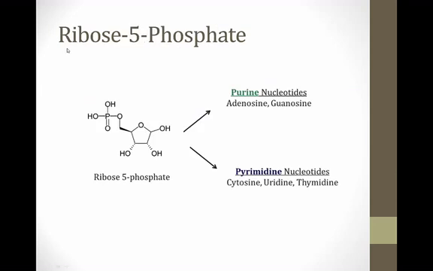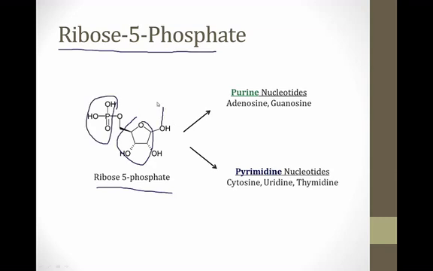Let's discuss the important products of this pathway for cells. The first one is the molecule ribose 5-phosphate. This is a picture of ribose 5-phosphate on the screen, and you can see that it almost looks like a nucleotide. We have a sugar and we have a phosphate group. All we're missing is a base right here. So if we add a base to this molecule, we would have either a purine like adenosine or guanosine, or we could synthesize a pyrimidine like cytosine, uridine, and thymidine. And in the modules on nucleotide synthesis, I talk about how these molecules from the HMP shunt are used to